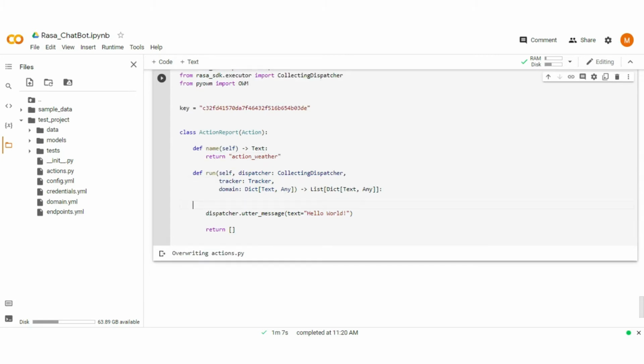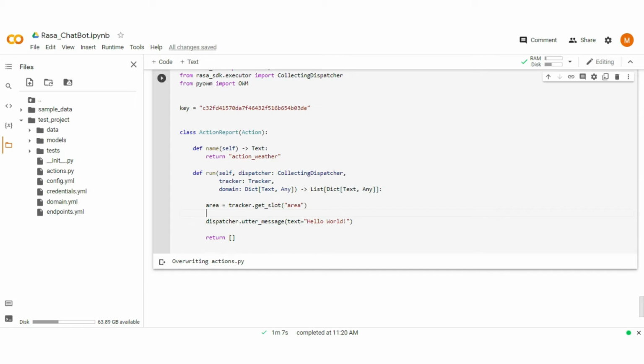First, get the slot value of area. For that, type. Create an object of OpenWeatherMap and pass the key.